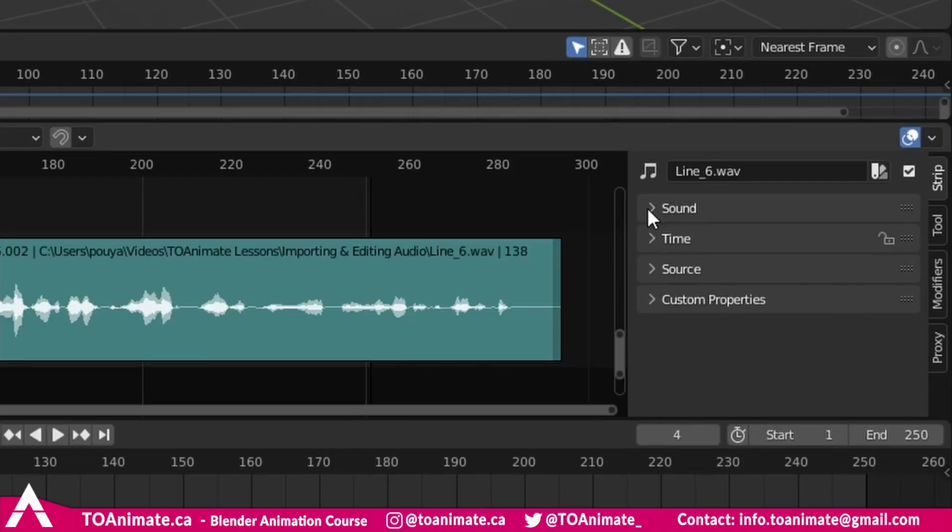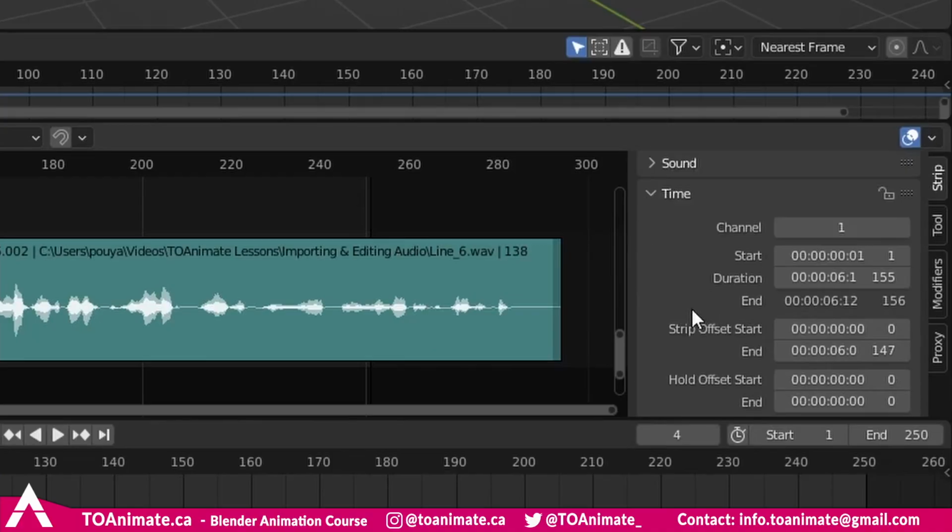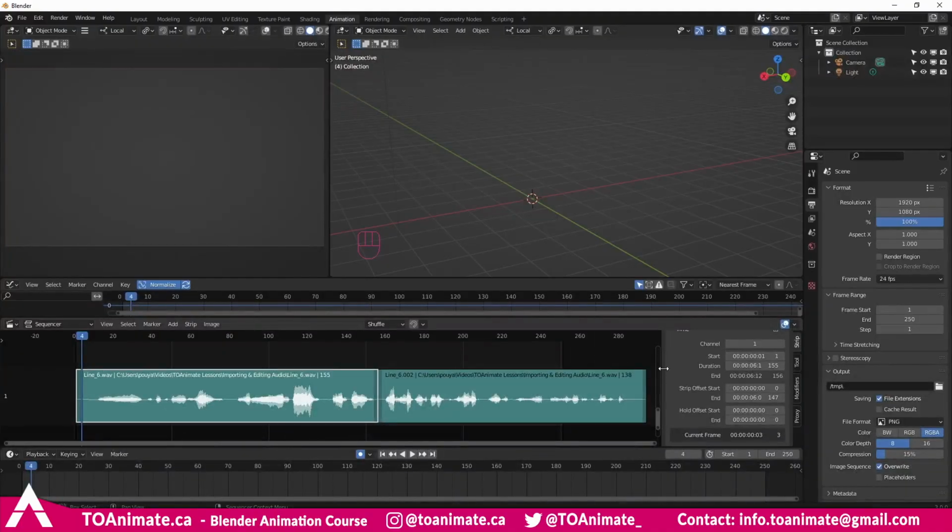So let's close sound over here and let's go to time. Let's see what we have here. So here you're able to edit the start and end frames. You can offset the entire strip or shift the sound around within the strip. So if we go to strip offset, you can see it's the same as pretty much cutting